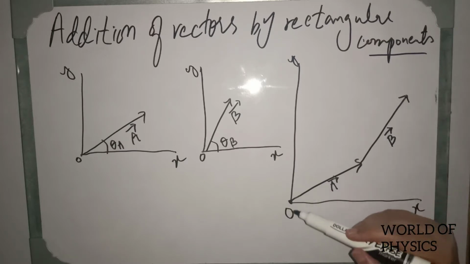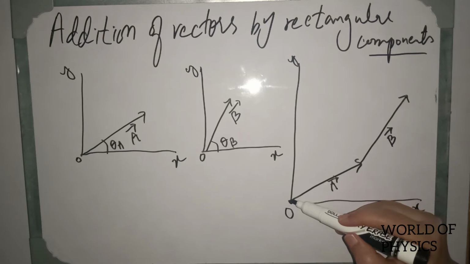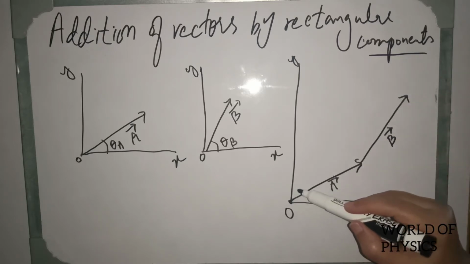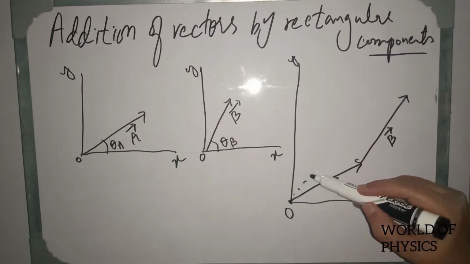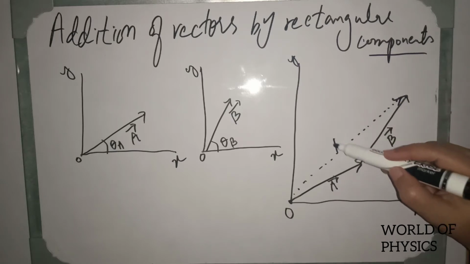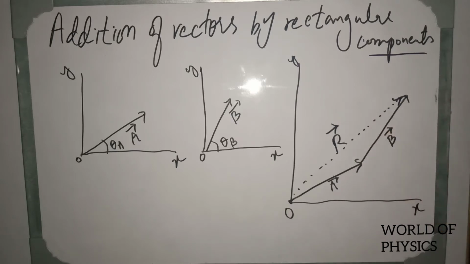Now we need to find out their resultant. So to find out the resultant, we will take a line or an arrow from the tail of vector A up to the head of vector B. A straight line from the tail of vector A up to the head of vector B is called resultant R. This is the resultant vector. As it is very much clear from the diagram that we have got R by adding vector A and vector B by head to tail rule. That's why we can write down R equals A plus B. This is equation number 1.